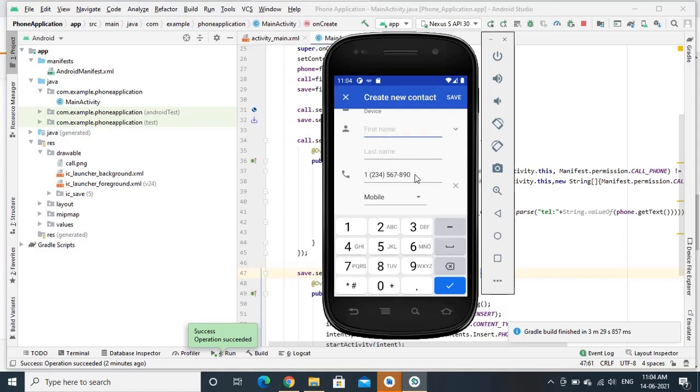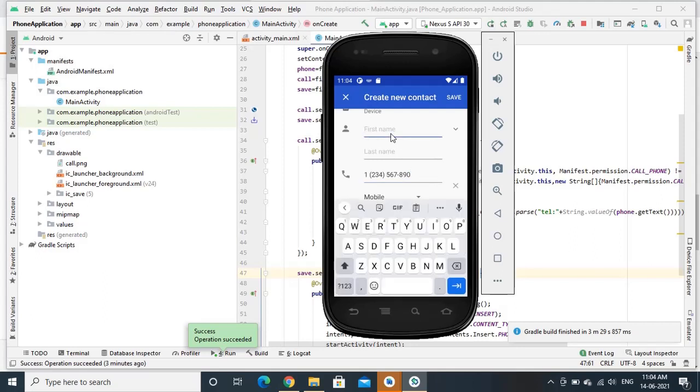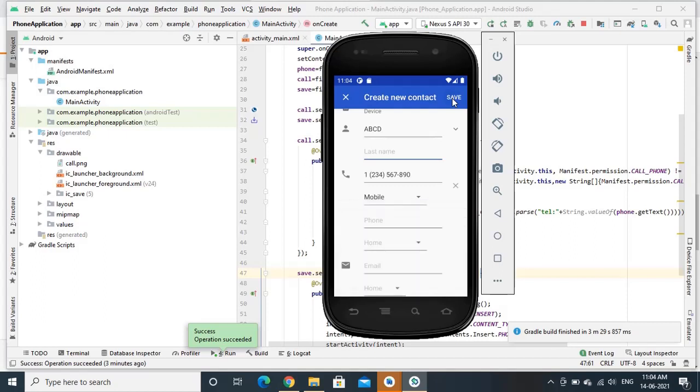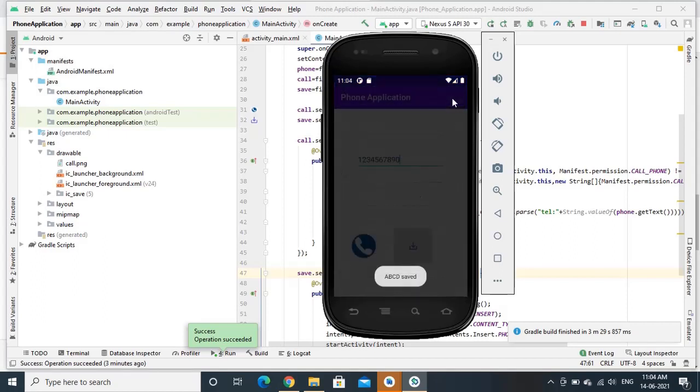Here the number we have given has already come, since we are inserting the phone number whenever we call the intent. And next we can give the contact name and other details. Click on save, and the contact will be saved.